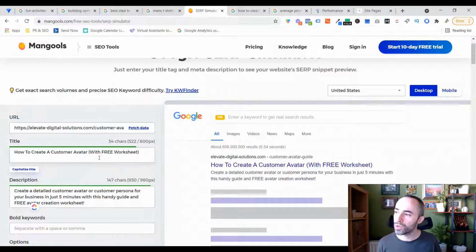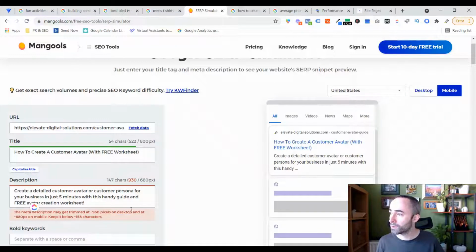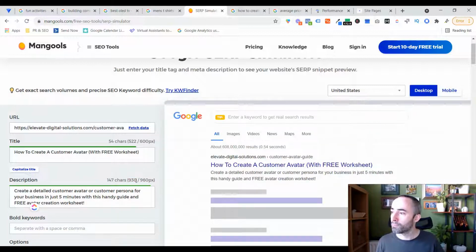But two, it's also got a nice little built-in feature where it actually shows you the optimum length, because what happens now, Google doesn't go specifically on page characters, it's more the pixels varying on different screen sizes, but it will show you that, and you can actually change this as well. So you'll see here actually on mobile this goes over slightly. If we go on desktop, it's slightly more characters,